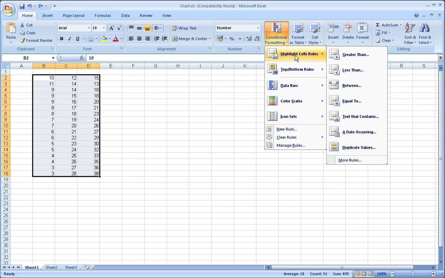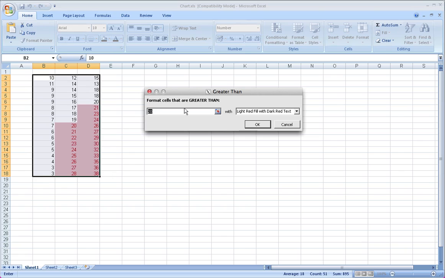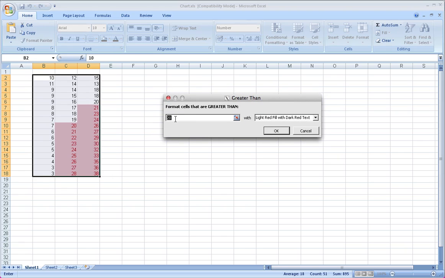I'll do the first one, and these are the simplest. So highlight cell rules, and then we've got a bunch of options: greater than, less than, between, equal to. So let's have a very simple one that's greater than. I think it's picked the center number, or a number close to the center. And you can see already the preview is showing us. So if I change this number to say 5, for example, we get